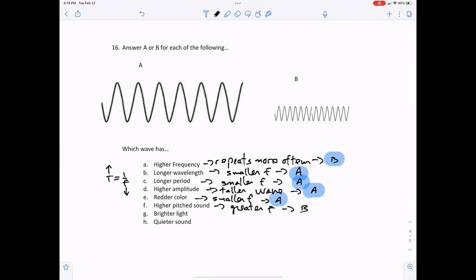Should be wave B. Okay, brighter light and quieter sound go with amplitude. So brighter light would be the one with the greater amplitude. All right, and the quieter sound would be the one with the lower amplitude. The greater amplitude would obviously be A, and the lower amplitude would obviously be